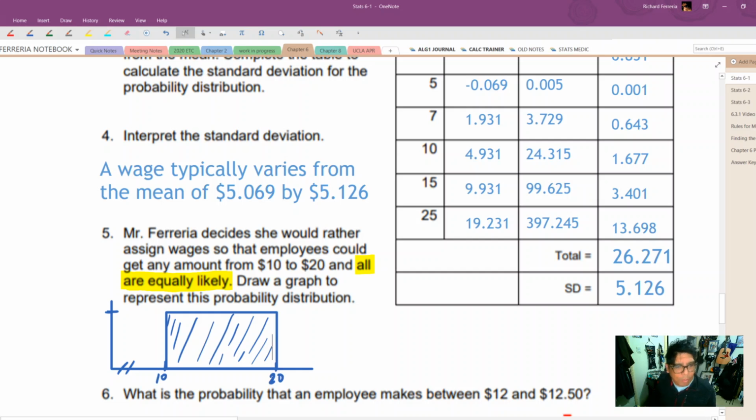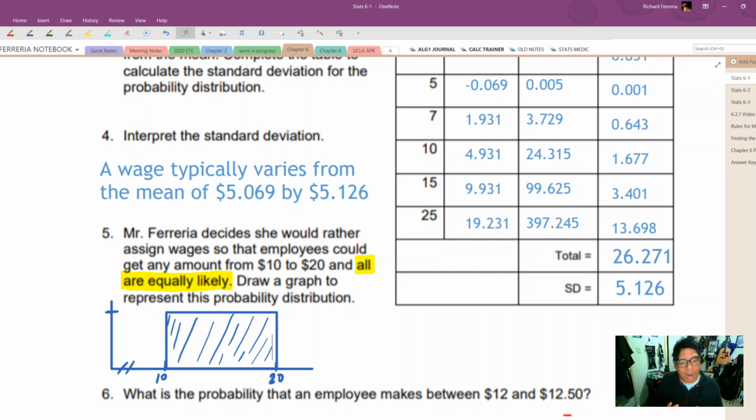So we're going to draw basically a rectangle here. The important part is this bar right up here, the height. All of the outcomes between 10 and 20 have the same probability, which is why you see this horizontal line here for probability. Now, we've got to figure out how tall that bar is,